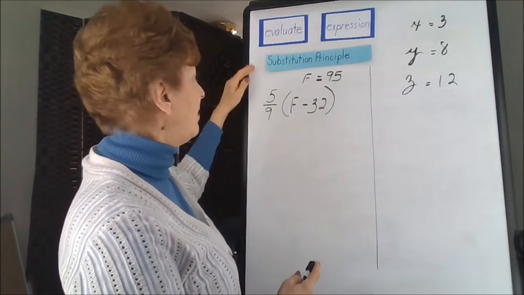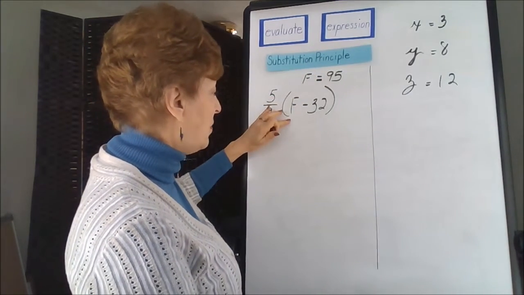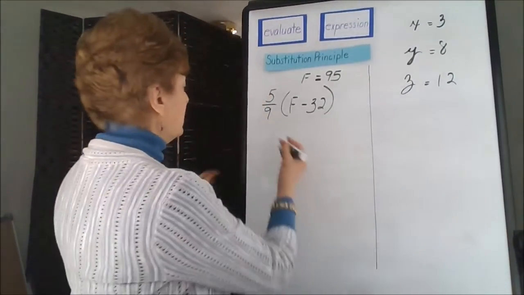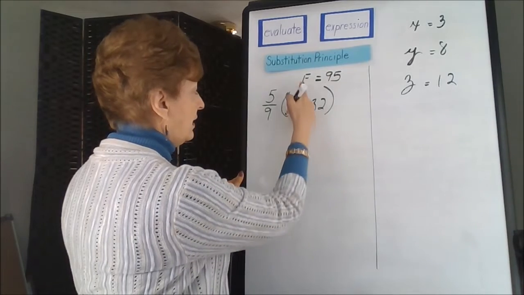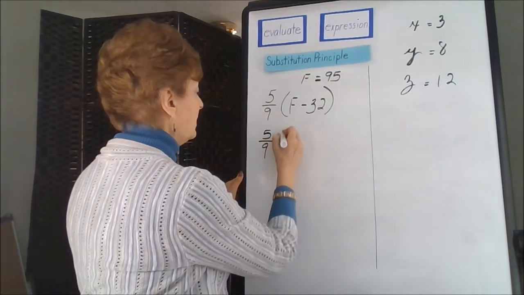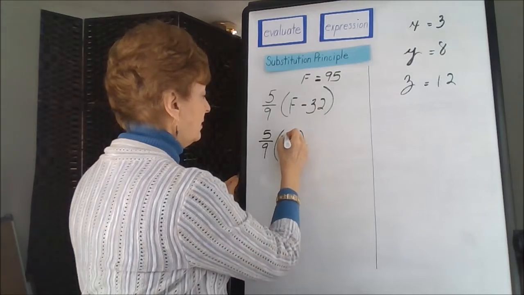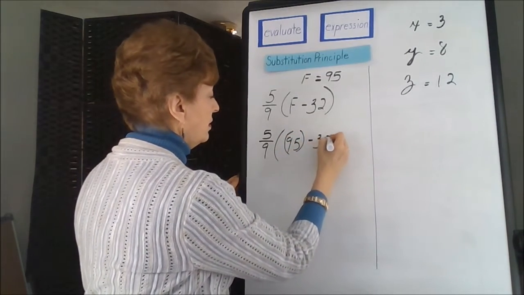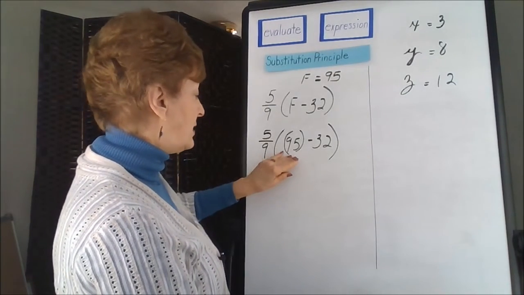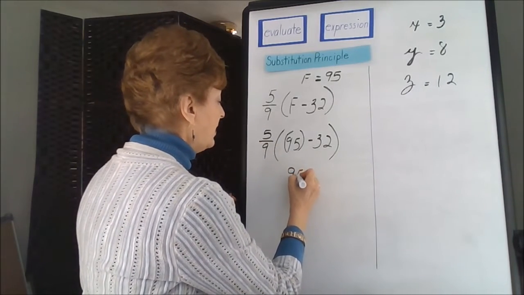So we're going to evaluate the expression by putting in the numbers where the letters are so we can actually do the calculations. All right, so we're going to rewrite in order to put in the 95. So it's 5/9 times the quantity, 95. This is what we put in, minus 32. And swing our parentheses. Now we have parentheses inside of a parenthesis, but it's a single number in this case. So we can just drop the 95 into position